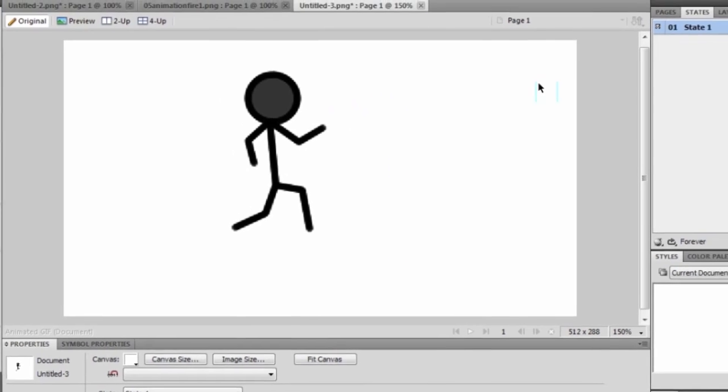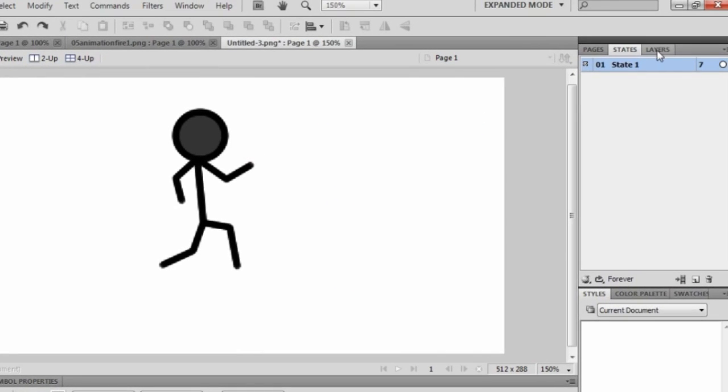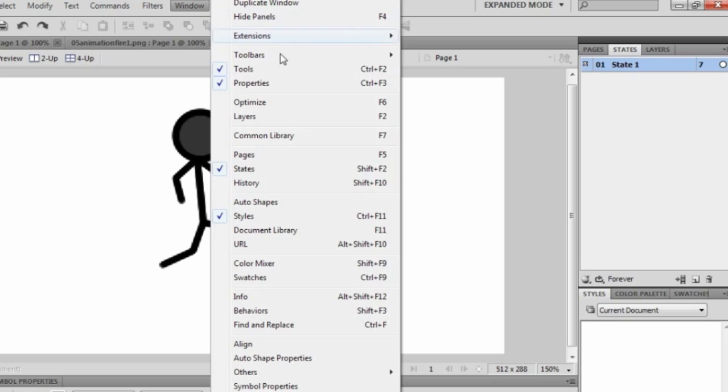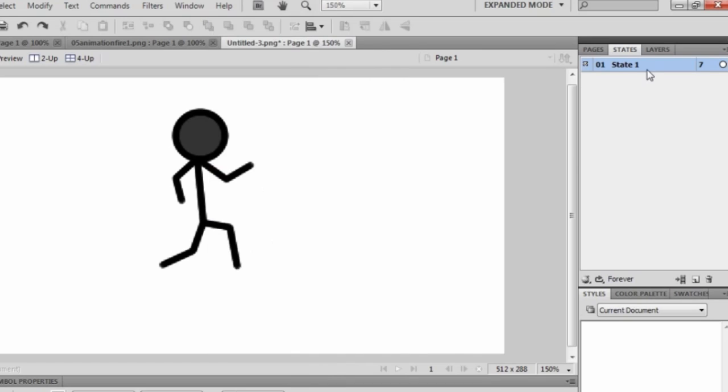So once we get that done, on the right, usually it'll have show layers or pages or something, but what you want here is states. The keyword is states. If you don't see it, just go up to Window and make sure states has a check mark next to it. So down here, once you have that, you're going to click on New/Duplicate State,